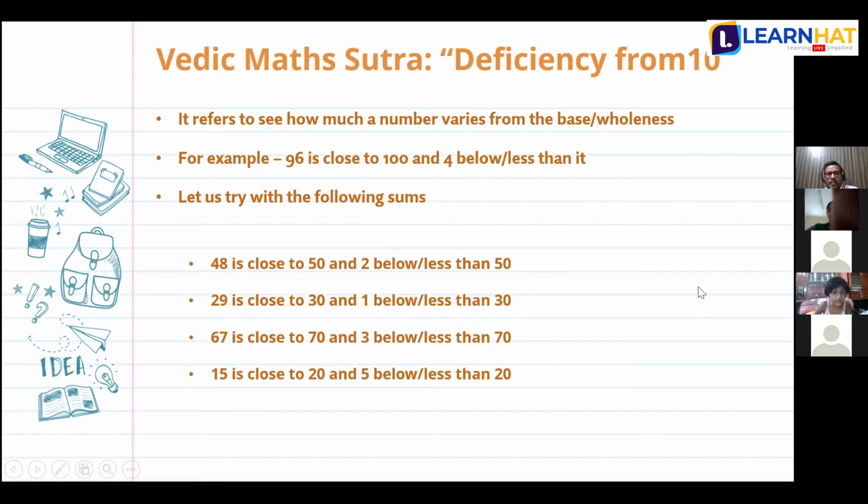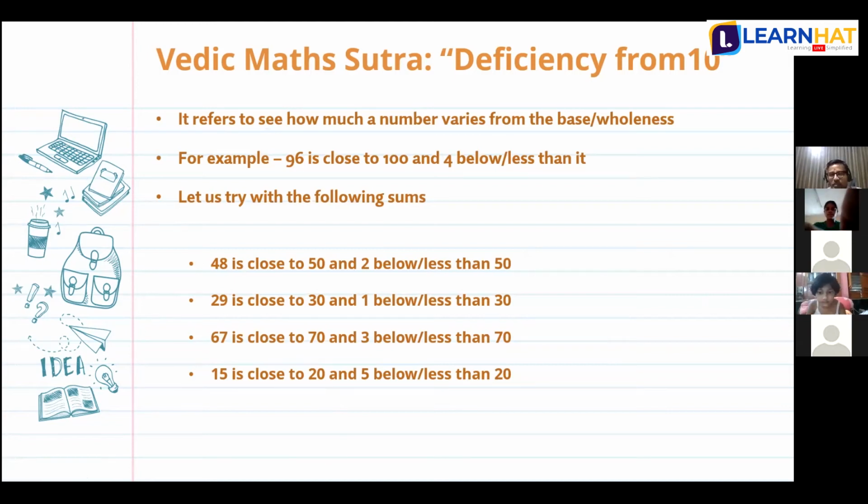Okay, the next Vedic Sutra we are going to learn in addition is deficiency from 10. You might be wondering, what is this deficiency? Don't worry, it's a simple concept. I'll explain to you now. So deficiency from 10 is like,